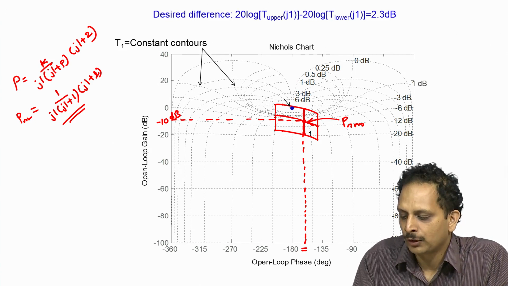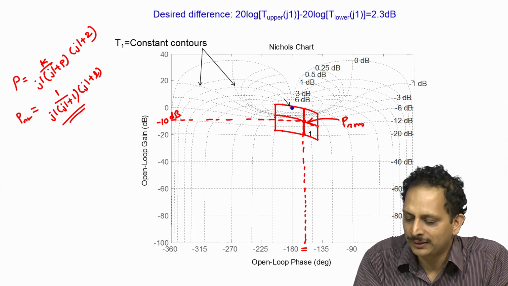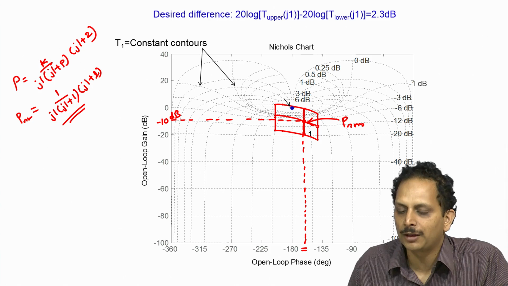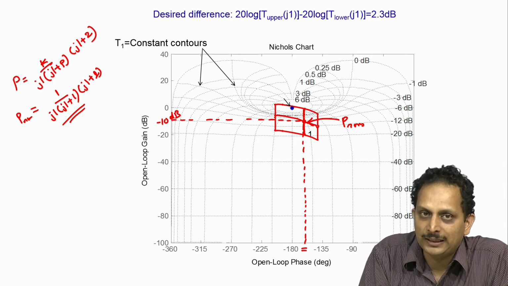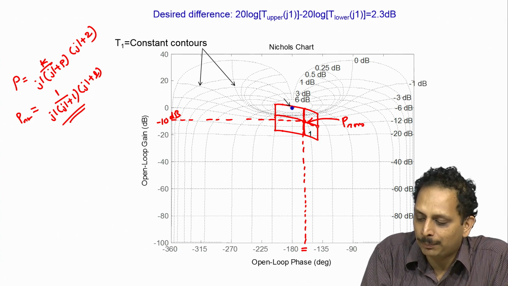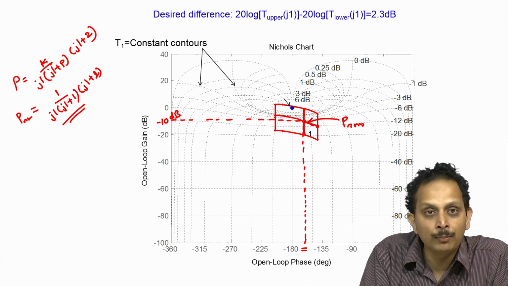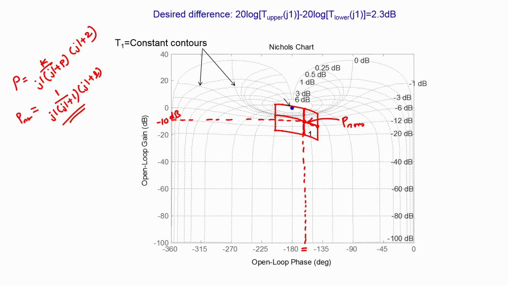So, when the plant pole location is at s is equal to 0 and the gain is 1, the plant transfer function will assume this particular magnitude and phase combination, and as the plant pole location p goes from 0 to 1 and the gain remains at 1, then the plant's gain will travel along this curve and come to the nominal location of the pole and gain combination, and when the plant's pole goes from 1 to 2, then the plant's gain and phase at 1 radian per second moves along this particular curve.